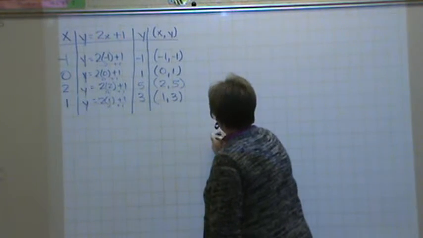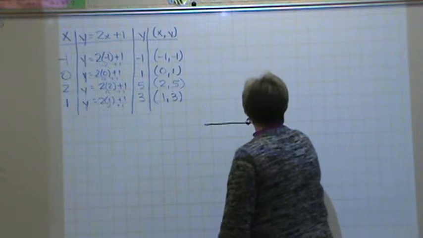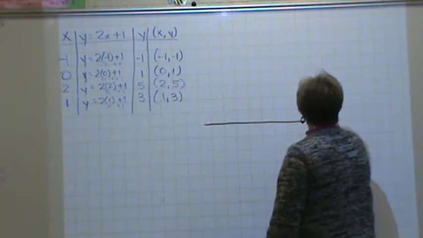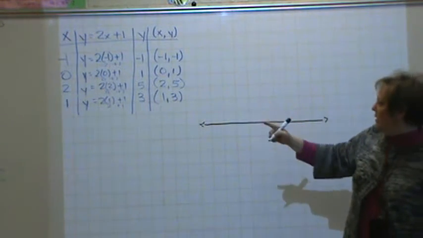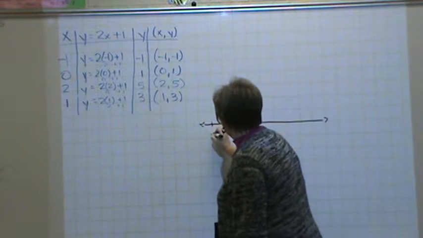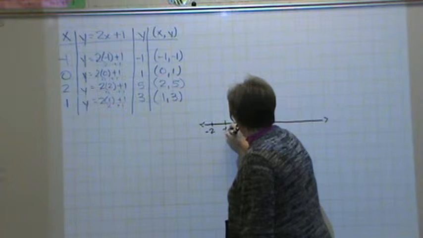So I'm gonna make myself an x-axis about right here. And I'm gonna make sure I got enough numbers to take care of from -1 to 2. So I'm gonna start with -2, even though I didn't use that, then -1,